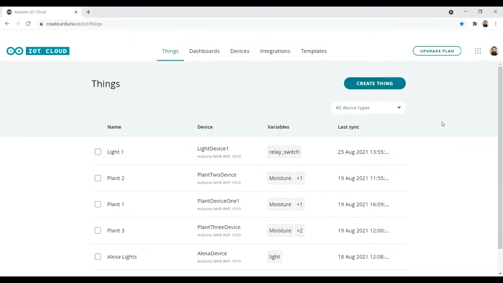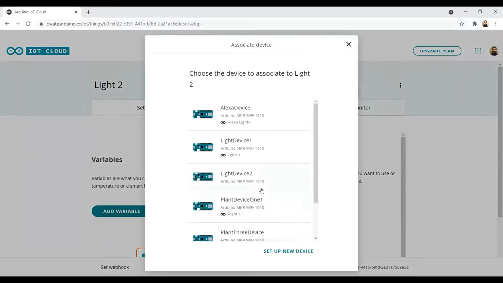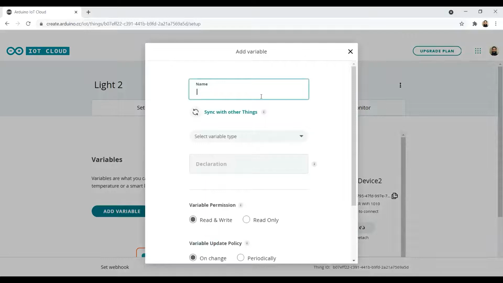As soon as we have uploaded the code to the device, we can go on to create the second thing, which will be connected to our second light. So to keep track, we can just simply name it light 2. We will select the light device 2 that we configured earlier. So you will need 2 devices for this configured. The next thing is we're going to add a variable, and we're going to call it relay switch, same as